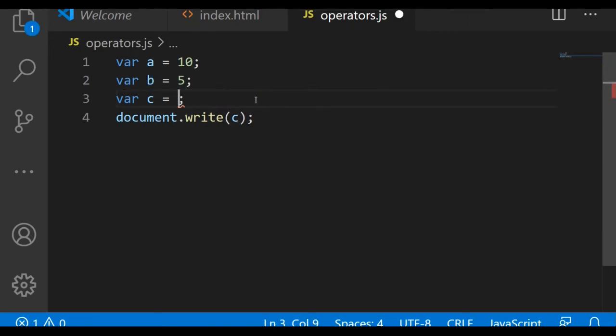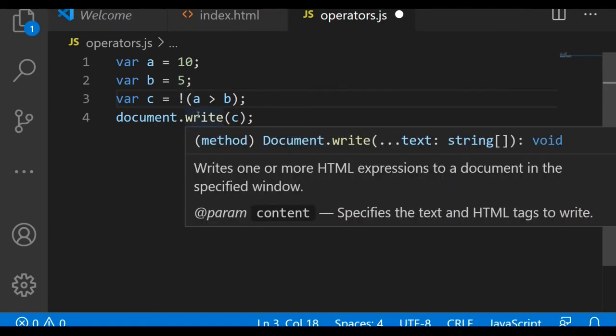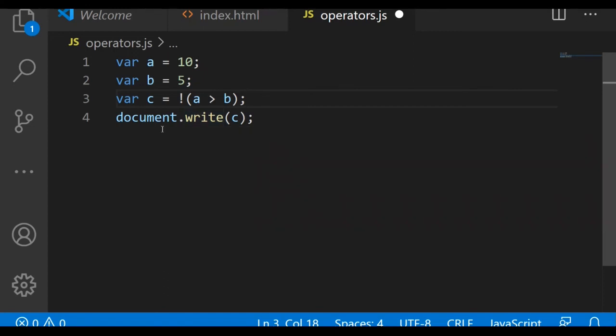So if I write where c equal to a greater than b, as a greater than b will be true, right? So c will be true.